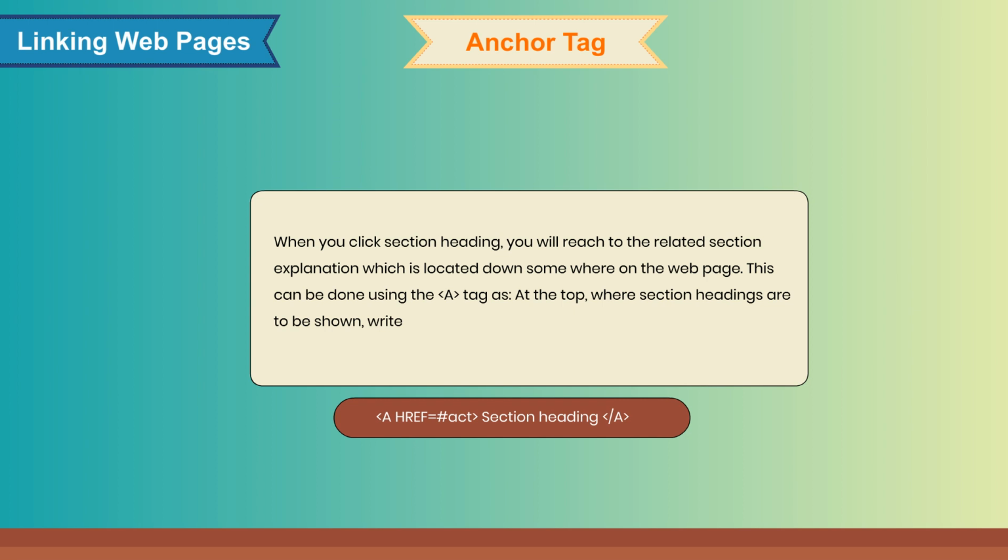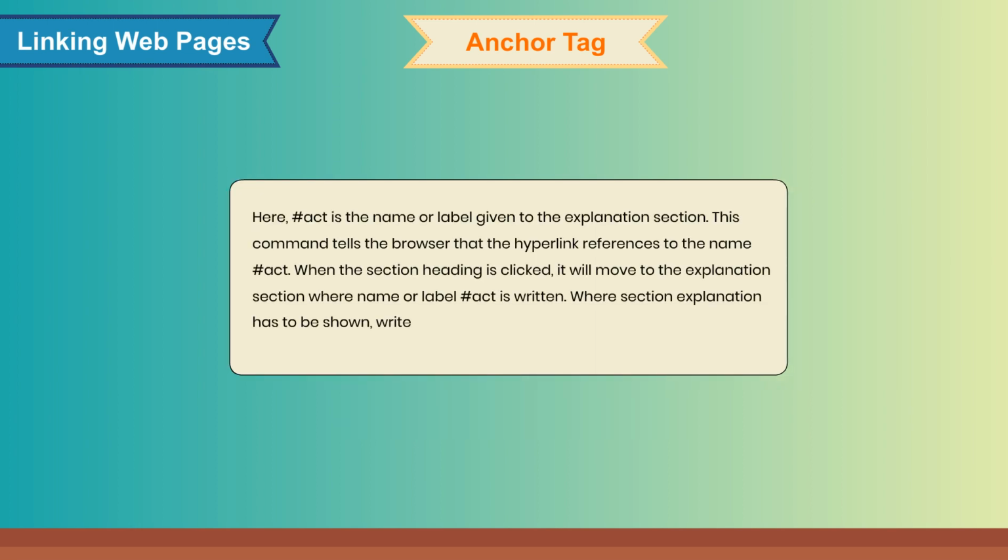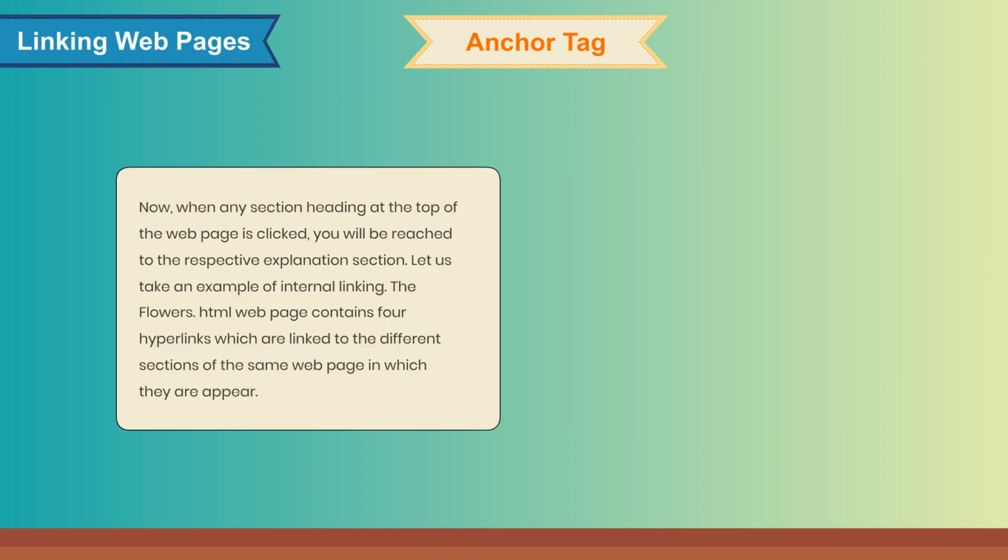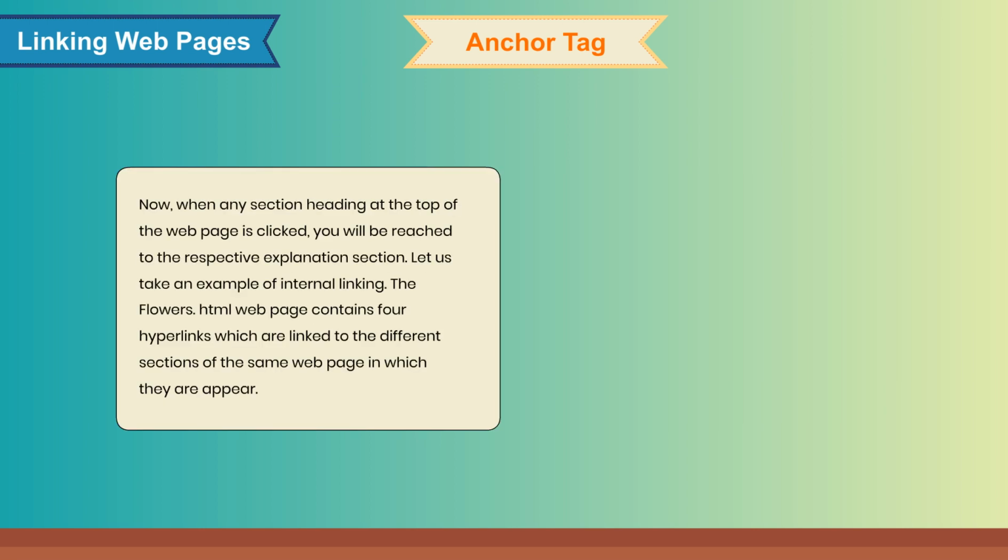web page. This can be done using the A tag at the top where section headings are to be shown. Here, #act is the name or label given to the explanation section. This command tells the browser that the hyperlink references the name #act. When the section heading is clicked, it will move to the explanation section where the name or label act is written, where the section explanation has to be shown. Now, when any section heading at the top of the web page is clicked, you will reach the